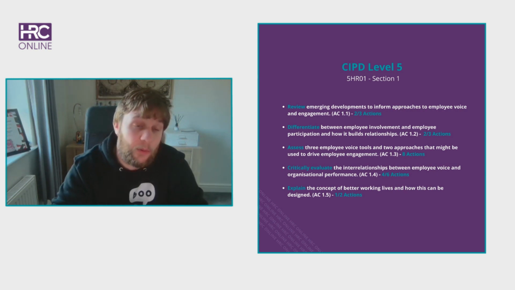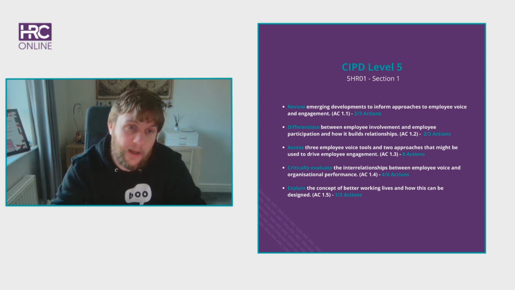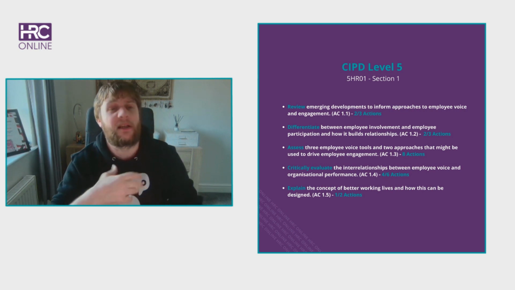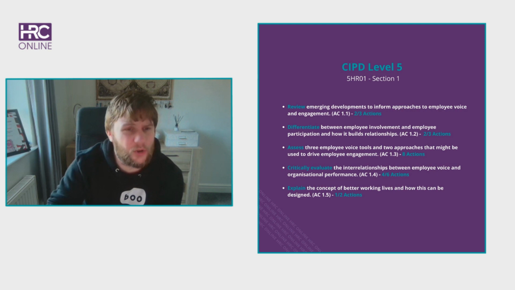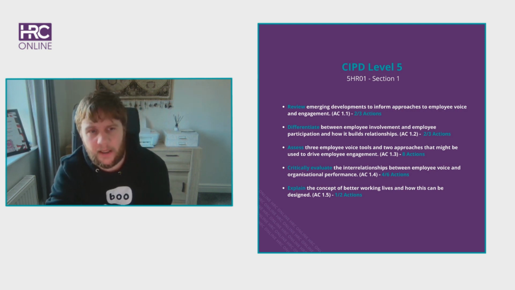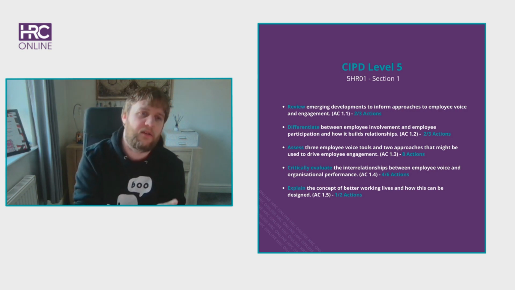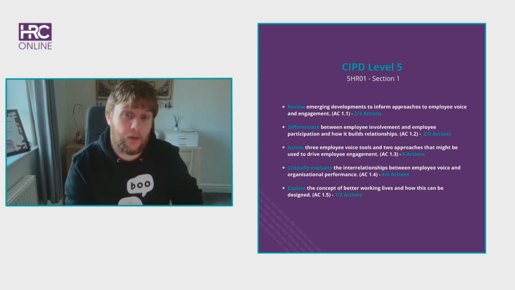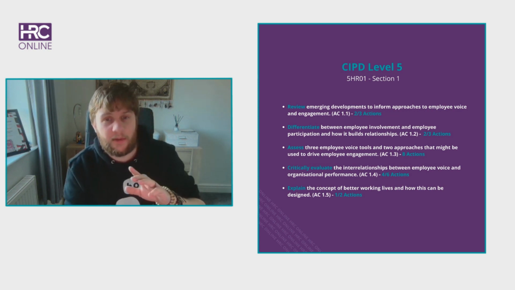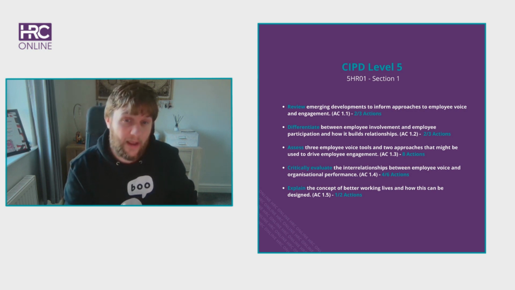And you're able to put forward an argument that is an evidence-based argument. That's what CIPD really want you to learn from a level 5 qualification. A level 3, they want you to be able to explain what the elements are, how it all works, discuss things, have conversations with first-line managers. The devolvement of HR into first-line managers is pretty big, so they want you to be able to have that confident conversation. Level 5, they want you to be able to critically evaluate elements of the qualification with evidence, so